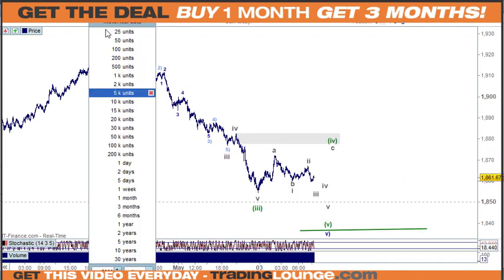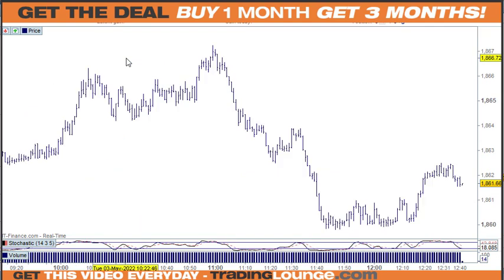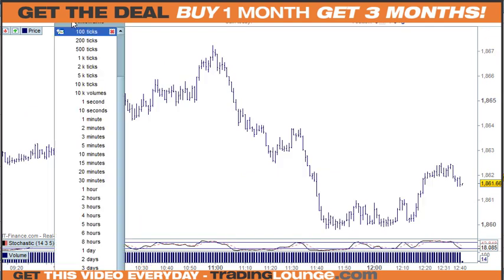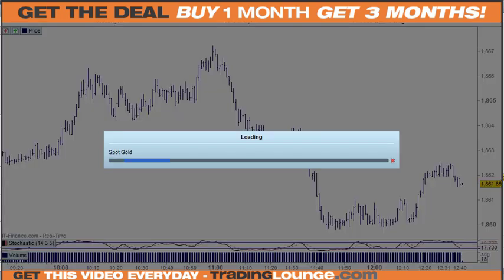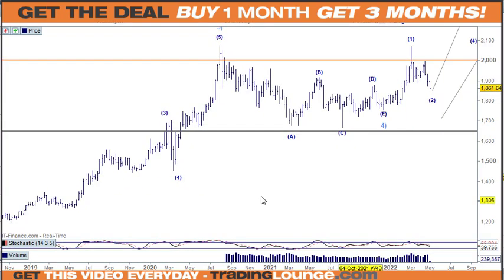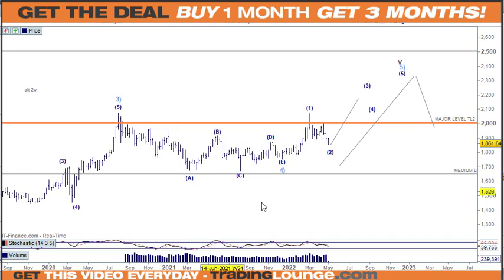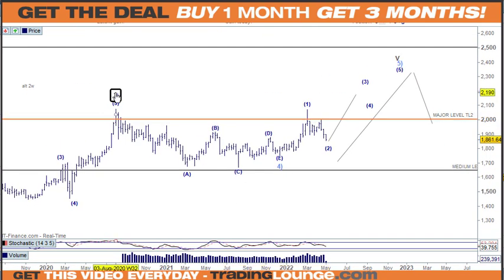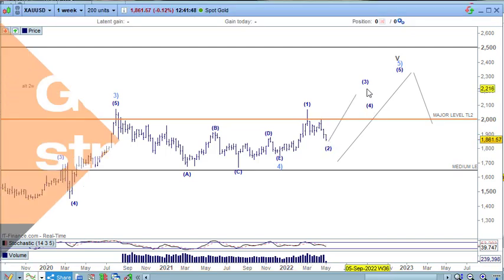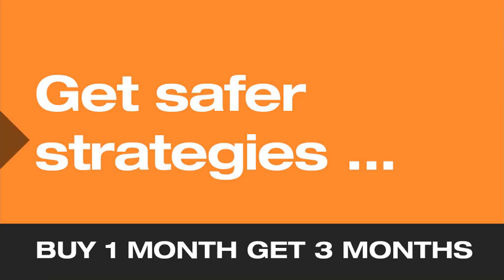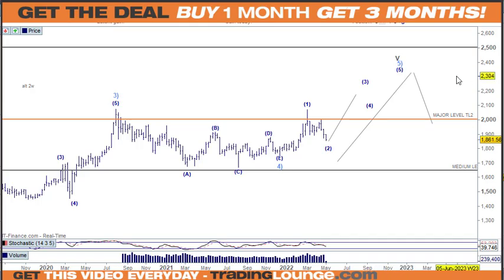What I do want to talk about in the bigger picture here is the pattern that we've been working with at the moment. In a nutshell, this is where we are. We've got primary wave 3 here with an A, B, C, D, E over here for wave 4, and then looking up for wave 1 with an A wave, a B wave, and a C wave coming back for wave 2, and then 3, 4, 5. Which will take us up into group 1, which is good, and so that's what we're looking at the moment.